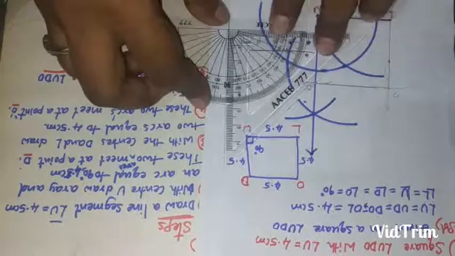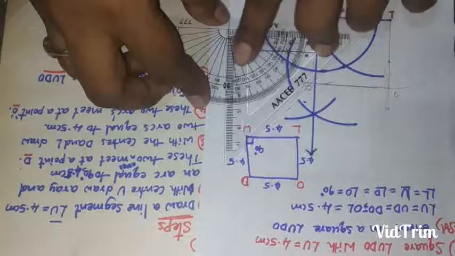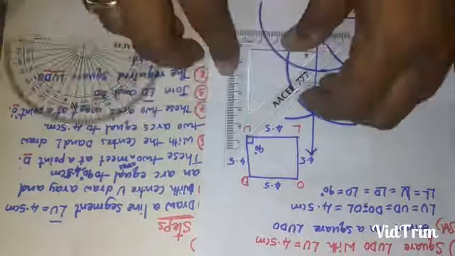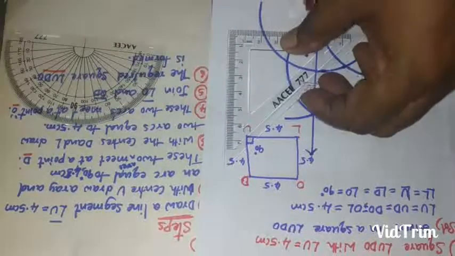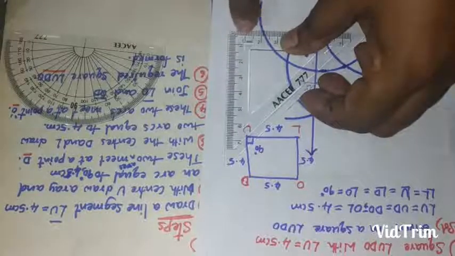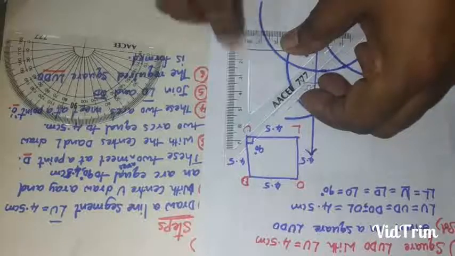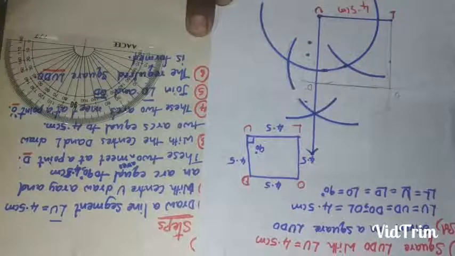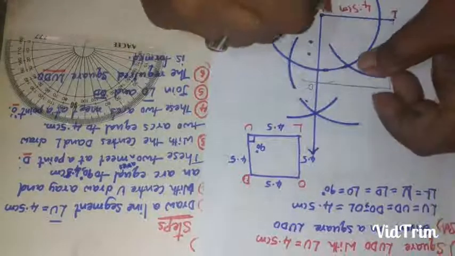See, one point on 0, other point on 90. Okay children. So if we take these 2 line segments or 2 sides, in total it is making an angle of 90 degrees. See here, this is a right angle symbol also. Okay, now the angle is how much? 90 degrees.